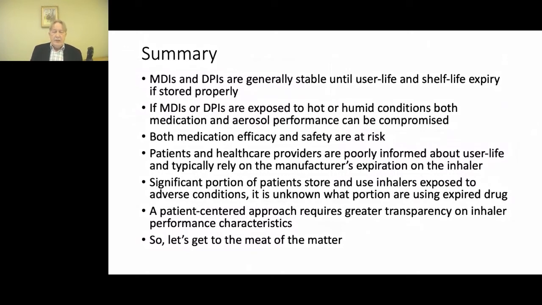I believe a patient-centered approach requires much greater transparency by the pharmaceutical industry on inhaler performance characteristics. I do not believe it is in the best interest of patients nor providers that this information is proprietary. So now let's get to the meat of the matter. I think this little commercial will really